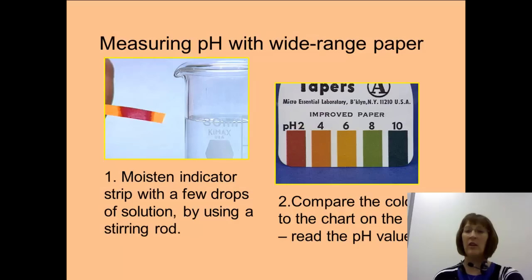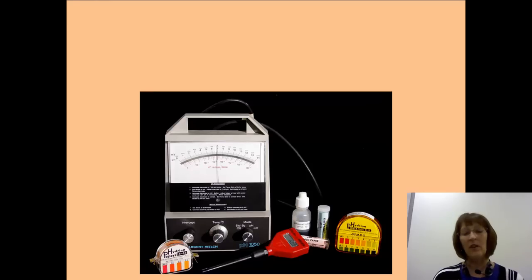So here is the little scale on the side of the pH container. So you compare the color to the chart on the vial and you read the pH value. It's very simple. There are lots of little different tools that you can use to do the pH. Some of the tools we have are kind of sensitive and they require a lot of care. Some of the probes that we have that go with the AP chemistry,